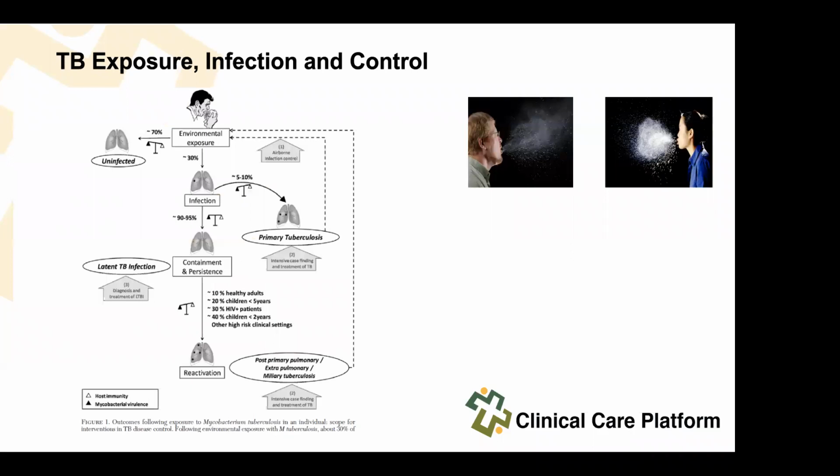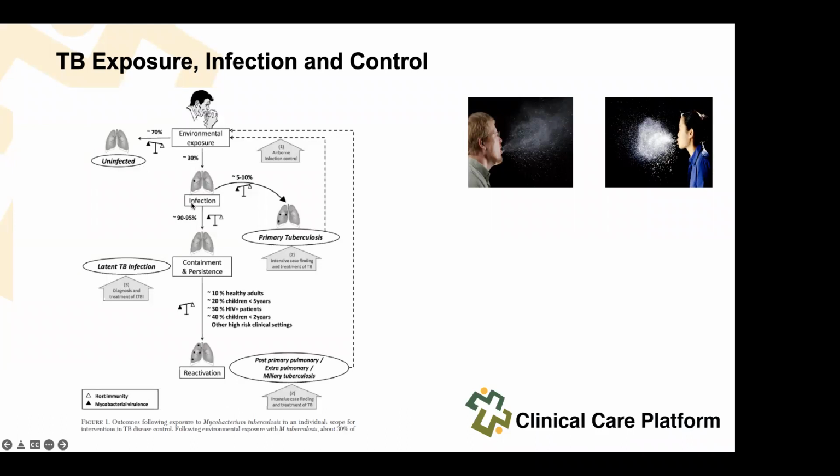So if you look at where the TB preventative treatments work, all in all, you'll find that as humans, whether in a car, in a movie, or in a workshop, you might be exposed to someone who's got TB. Around 30% or so of people who become exposed become infected. And this is quite important: exposure is not equal to infection. As you can see, about 70% of people would remain uninfected, which is quite key.